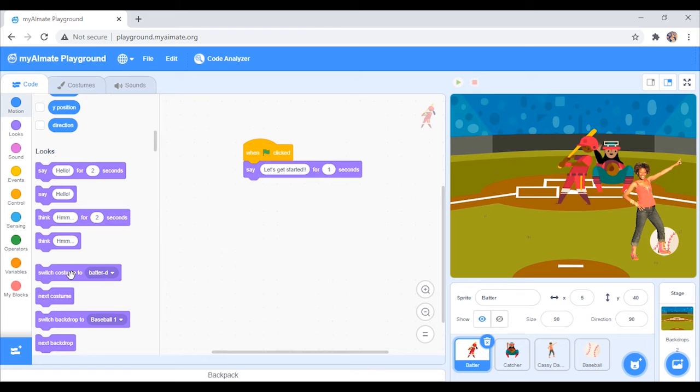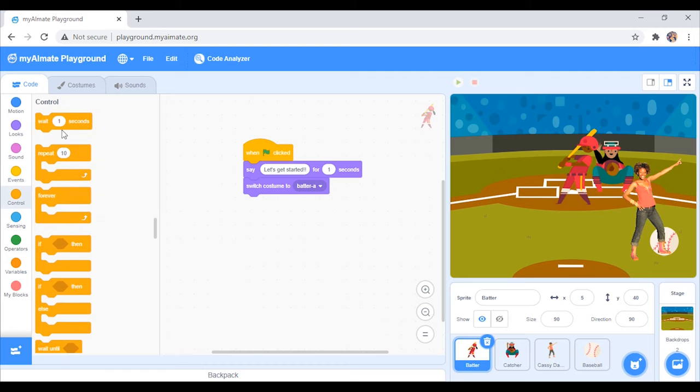To ensure he is in batting ready condition, we will use costume A. Then we make him wait again for 1 second to let the ball come near him.